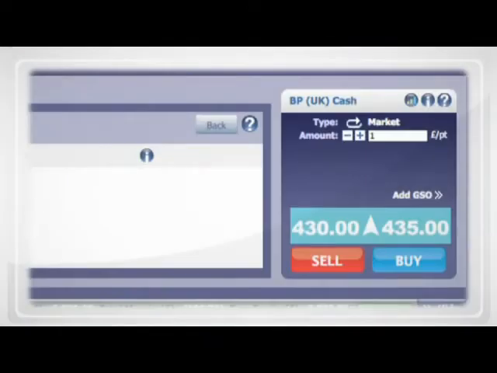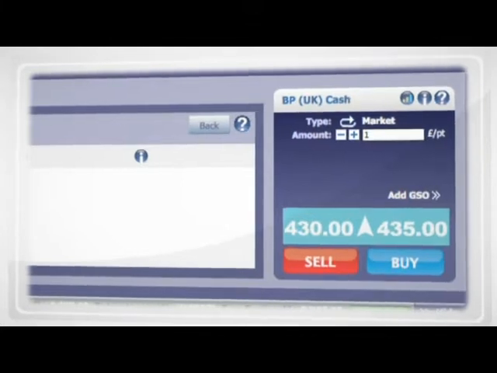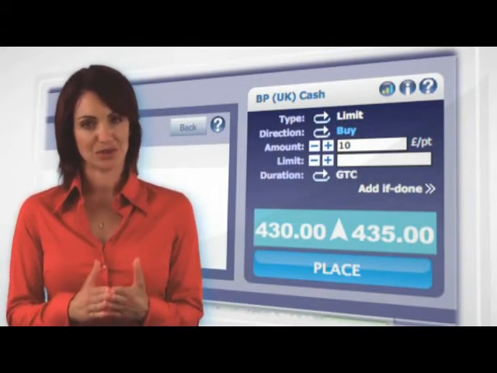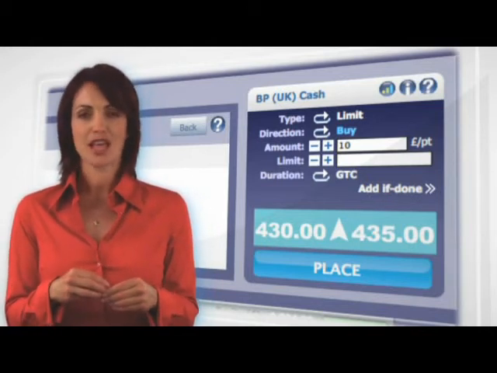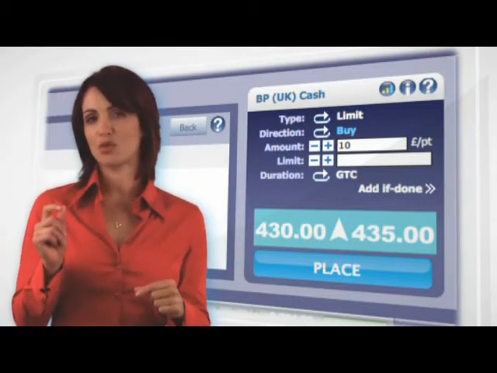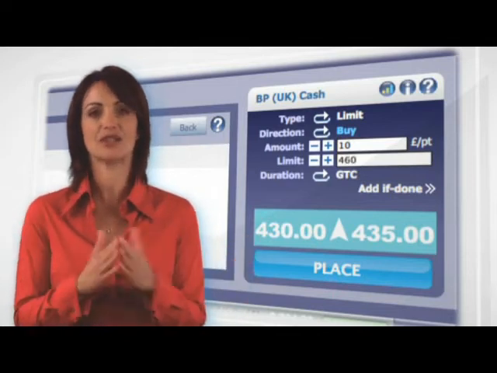In this example, we decided to buy at £10 per point, also known as going long. Enter 10 in the amount section. We then have to decide what type of order we wish to place. As we think the price is going to continue to rise, we're going to set a limit order at which price we want to sell. For every point that goes up, we'll make £10. Now, we think the price will peak at 460p, so set the limit order at this price and then click